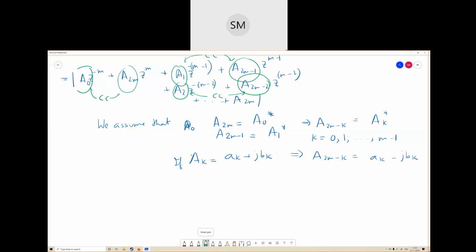So this one is a to the power of 0 z of minus m plus a to the 2m z of m. This can be written as